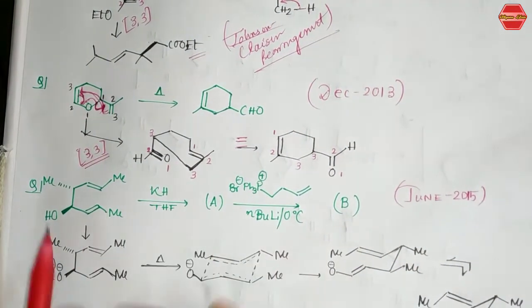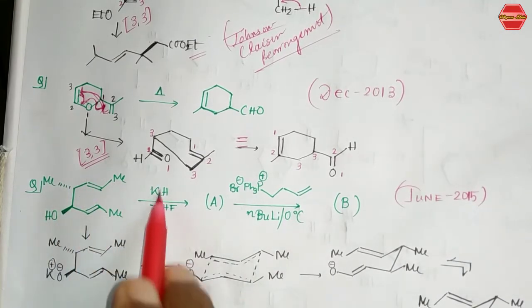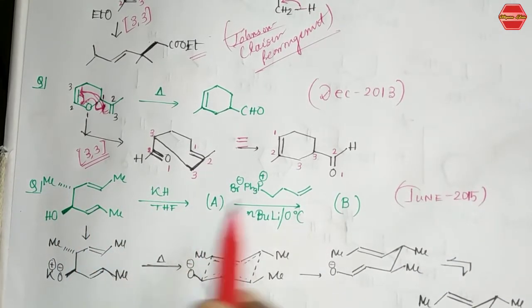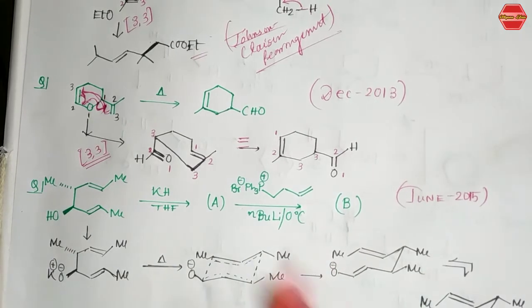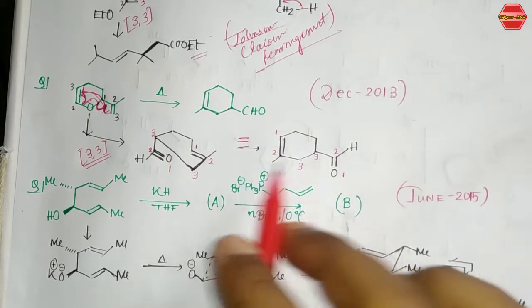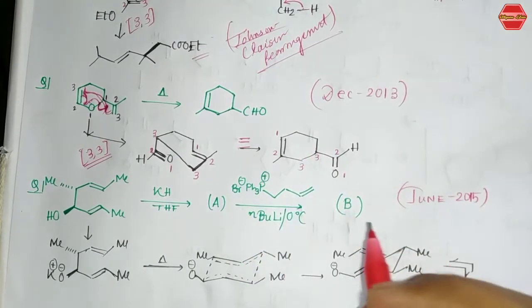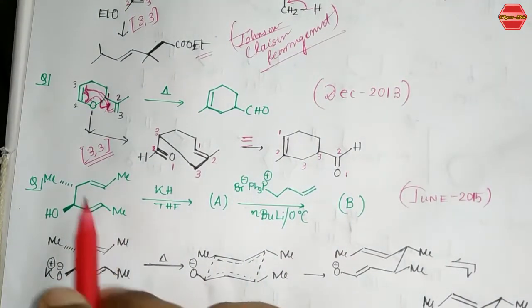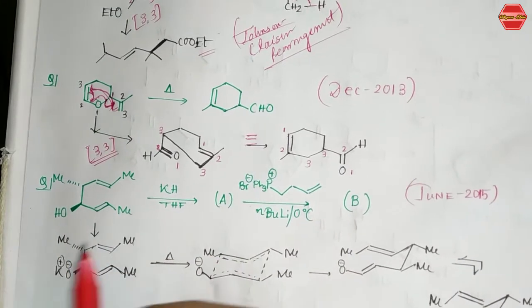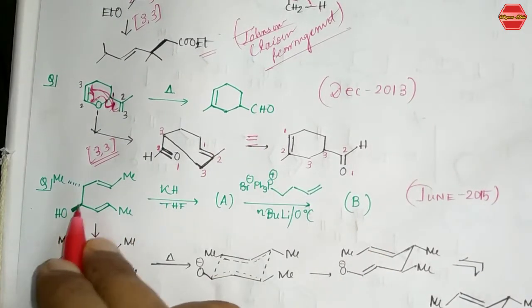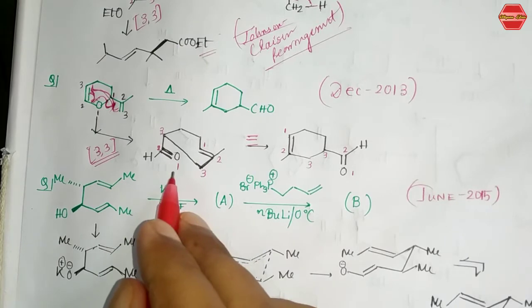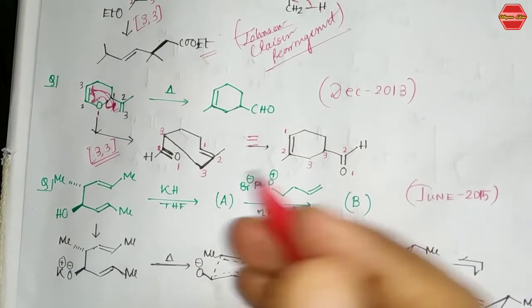The question says that you have been given this compound in the presence of KH and THF, and you have to predict A and then you have to predict B. This is basically unknown to you, but you can easily predict from this structure that this is your Wittig reaction, right? Now see the structure that you have been given. We already discussed that if you have this OH over here and the base is present in the medium, then this is basically called anionic